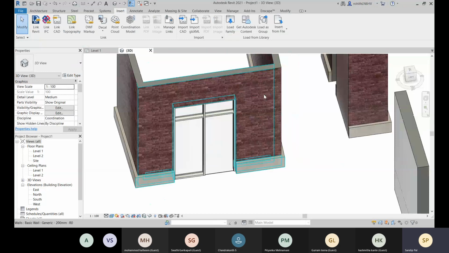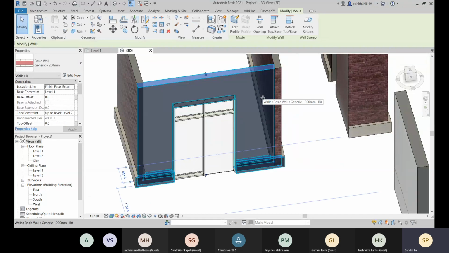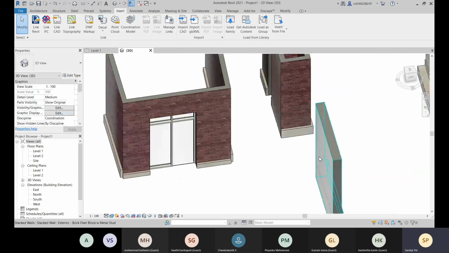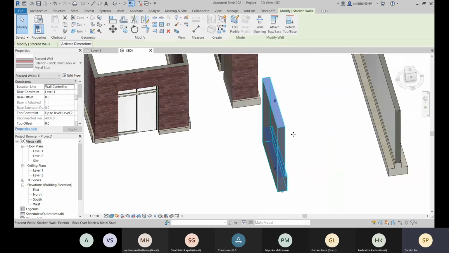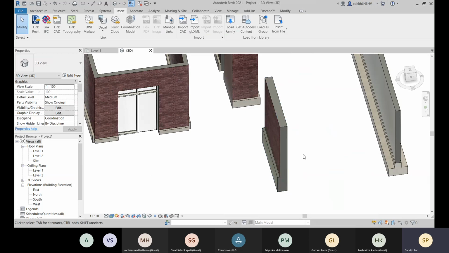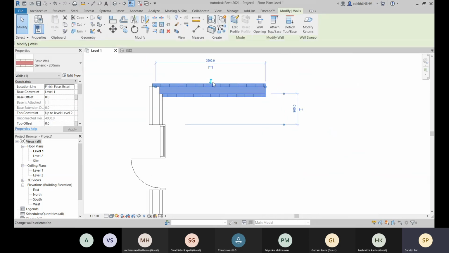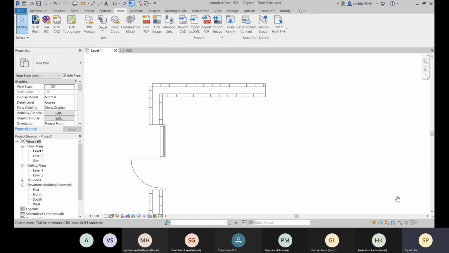Okay, so it is the same for walls also. If I need to change the orientation, I can change it, like this is to the exterior, with this space bar. Or else when you select this, we have this flip option to change the orientation. So this is all for today.